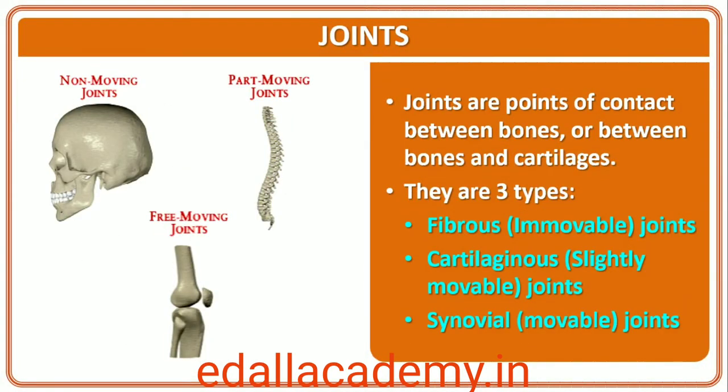20.4 Joints. Joints are essential for all types of movements involving the bony parts of the body. Locomotory movements are no exception to this. Joints are points of contact between bones, or between bones and cartilages. Force generated by the muscles is used to carry out movement through joints, where the joint acts as a fulcrum. The movability at these joints vary depending on different factors. Joints have been classified into 3 major structural forms, namely, fibrous, cartilaginous and synovial.